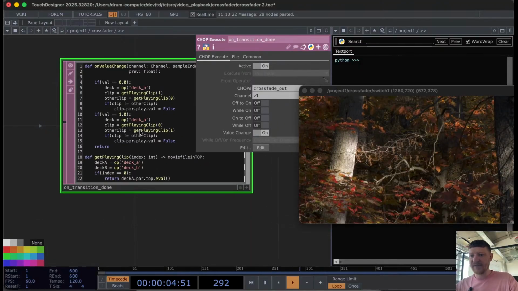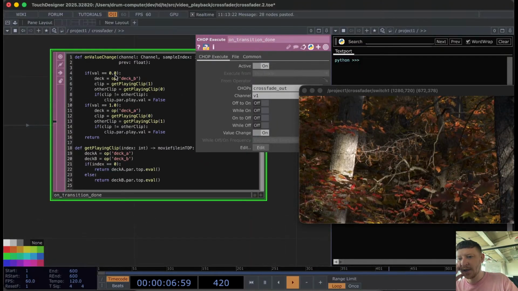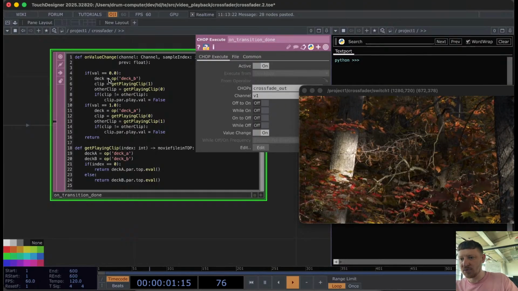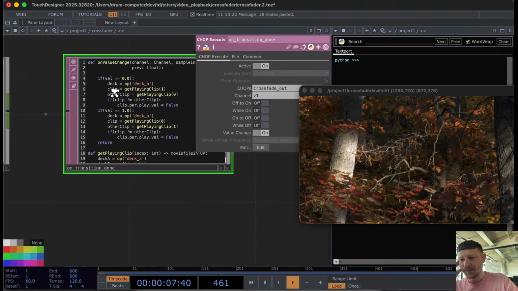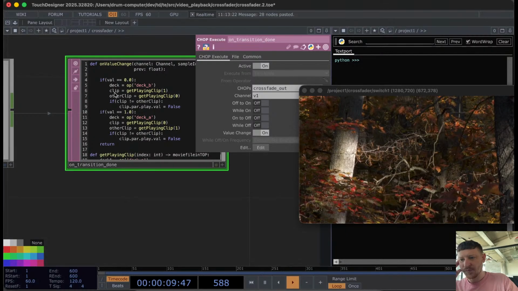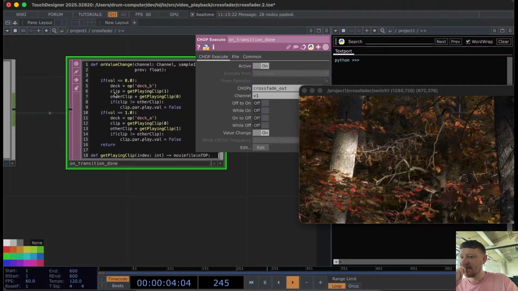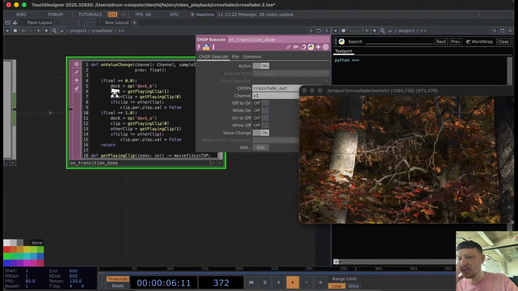So when the value was changed, we were checking if the value is 0 or 1, because we only wanted to be reacting to these two events. And yeah, I'm thinking, how can we express it in the